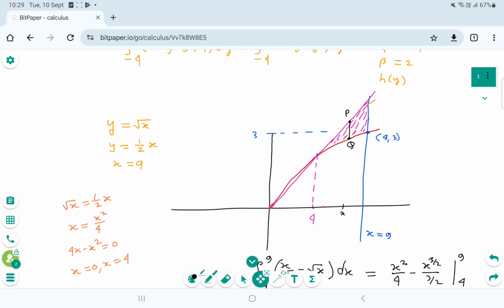Find the area of the region bounded by y equal to square root of x. Very good. We draw the graph, and then y equal to that. Perfect. And then x equal to 9 line. Okay, so if you put 9, then you will get 3. If you put 9 in that one, 4.5. Okay, great. Everything is fine. I made this mistake. So maybe the calculation. Oh yeah,